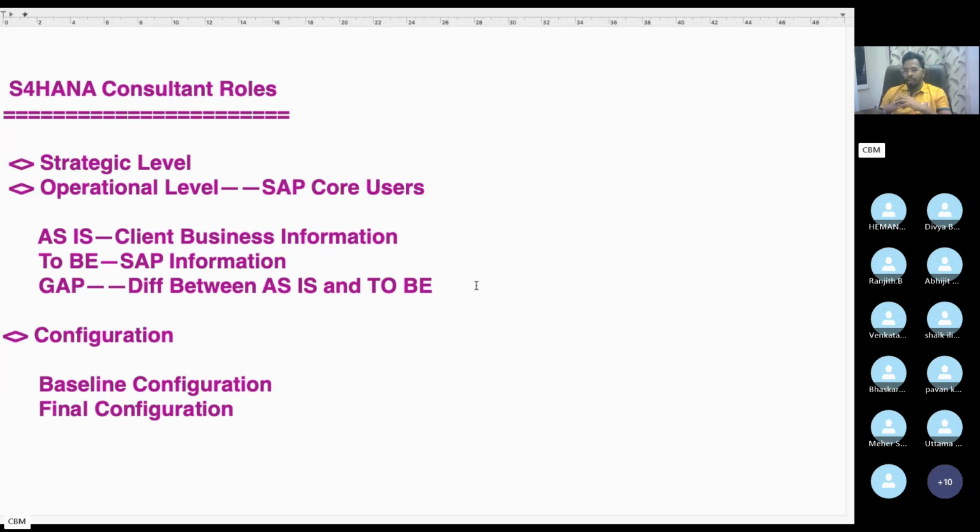So far we didn't touch the SAP system. We are gathering the requirements, preparing the documentation, and analyzing the gap. These are all operational level. We are conducting several workshops with our end users and discussing those details. But